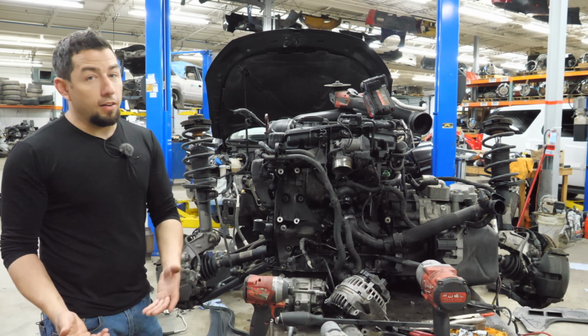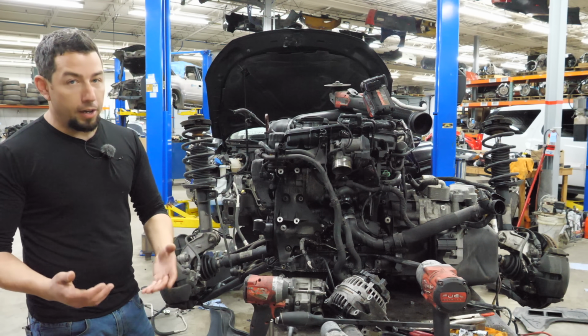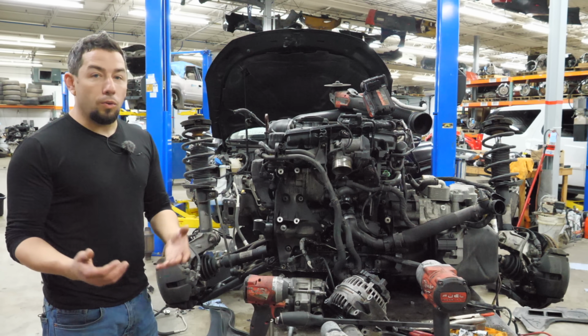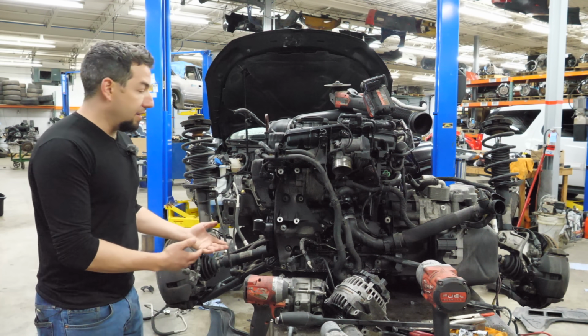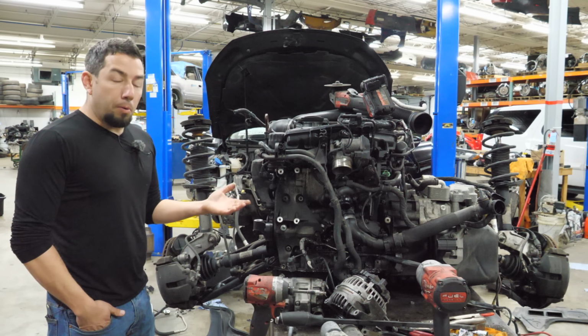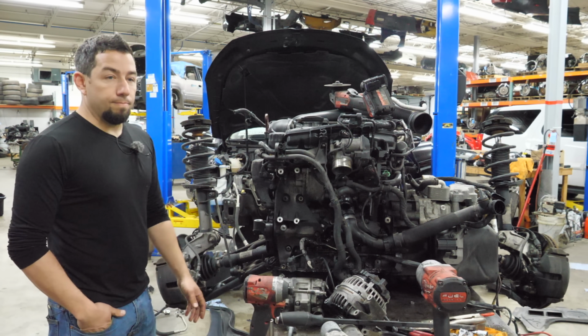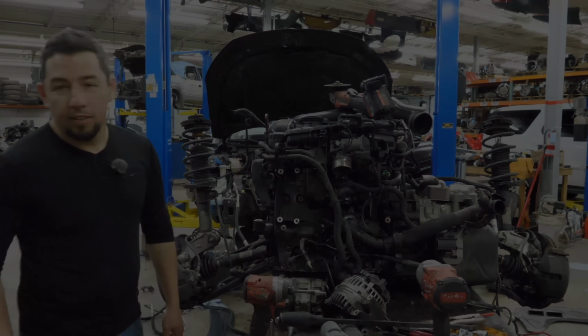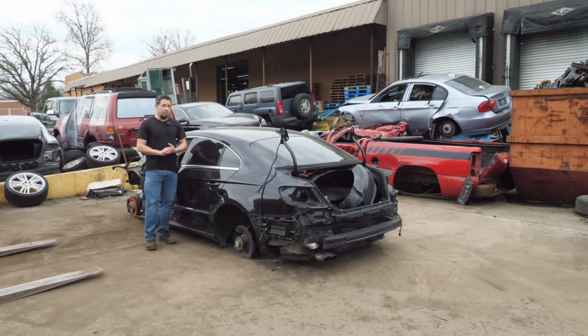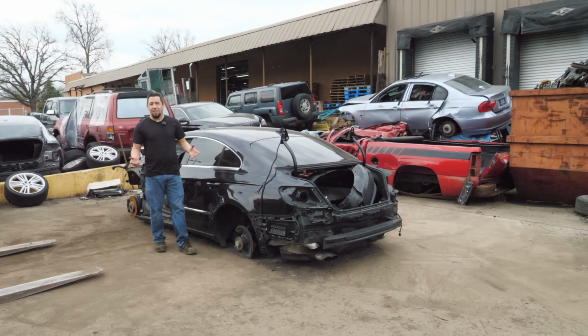Well, those blocks have a lot of value and people will fix them no matter what. And the heads usually don't get damaged from rod knock because they're pushrod engines. In this case, there weren't a lot of good parts on this engine before I did the deed. That sounds wrong. This was definitely a different type of video, and I understand that not everyone's going to like